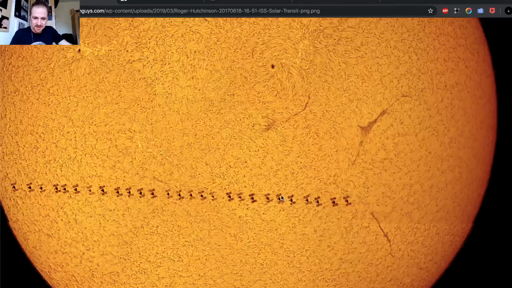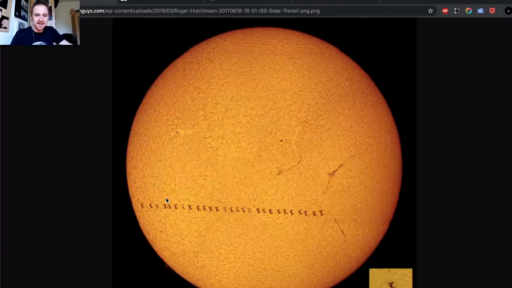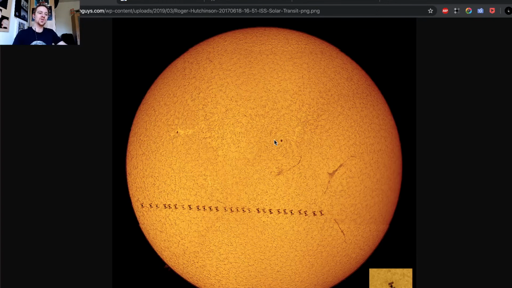So you can see the solar panels, the individual ones. There are 4 pairs of solar panels, plus the main body, the main structure of the space station, and some of these sunspots as well. This is how they look in hydrogen alpha. So that's definitely something that I hope Sean is going to manage to capture.